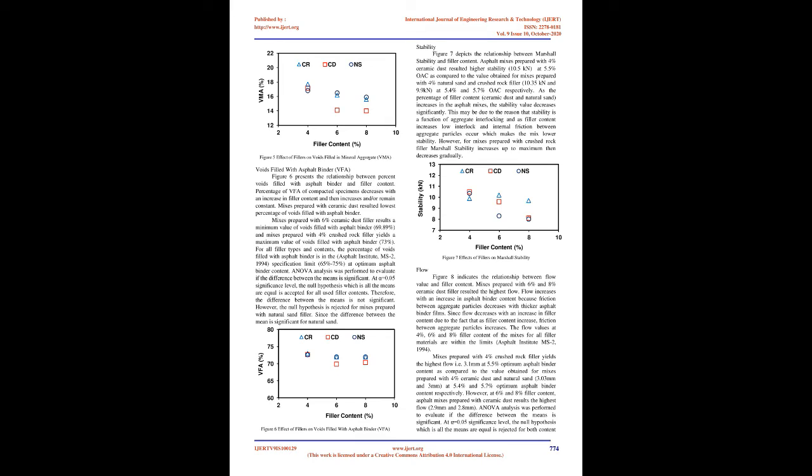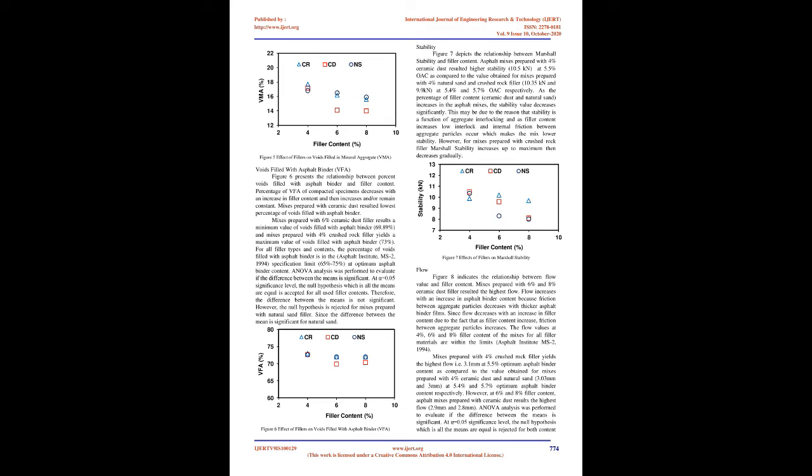Voids in mineral aggregate, VMA. Figure 5 shows the relationship between percent voids in mineral aggregate and filler content. The percentage of voids in mineral aggregates decreases initially with an increase in filler content. Mixes prepared with 6% and 8% ceramic dust filler had a minimum value of voids in mineral aggregate, 14.1% and 14%, respectively, and mixes prepared with 4% crushed rock filler had a maximum value of voids in mineral aggregate,